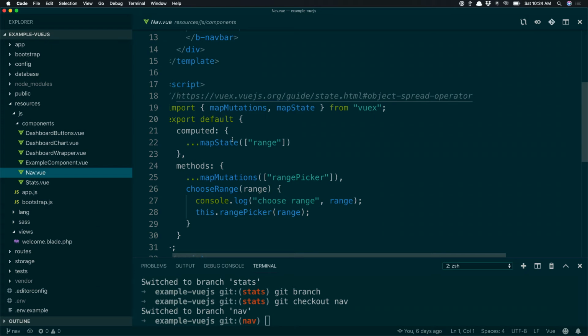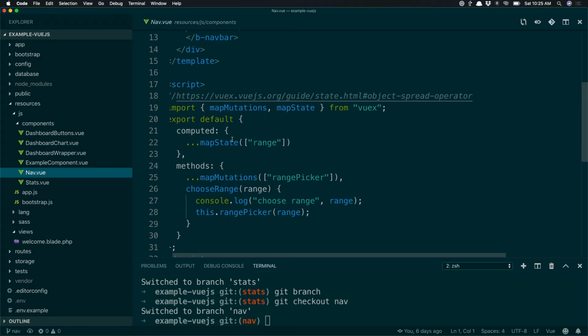Now, let's dig into Vuex for a moment. I think I definitely have the time. With Vuex, you're just importing from Vuex a couple of helpers it has, mutations and state. And then in my Vue component, I'm going to say, you know what? In my computed area, which I haven't shown you yet. Computed in Vue is just another state inside the component that typically has a changed state to it. A good example is, I want first name, last name. Well, my computed first name, last name would actually be a combination of two fields that exist in the state.